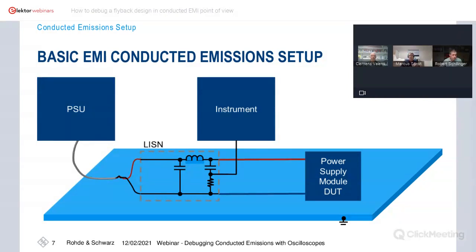In addition to that, we need also this light blue reference plane, which is a ground plane, to provide also a current path for the common mode. It was already in Robert's presentation that it is important to have a current path here. But that's basically all you need for EMI conducted emission